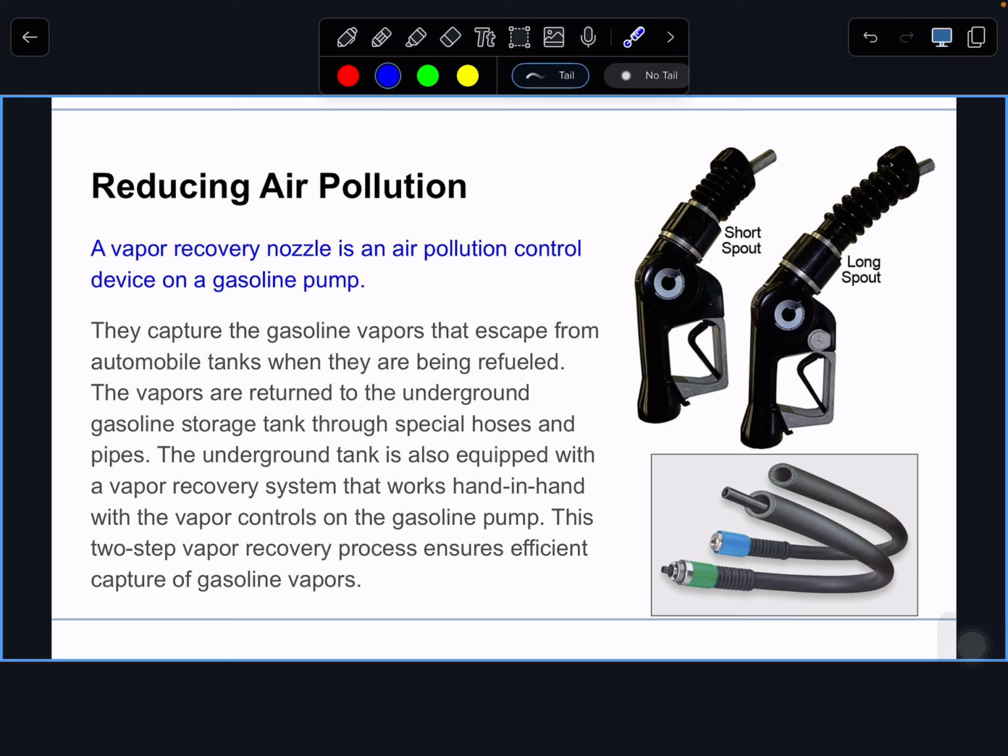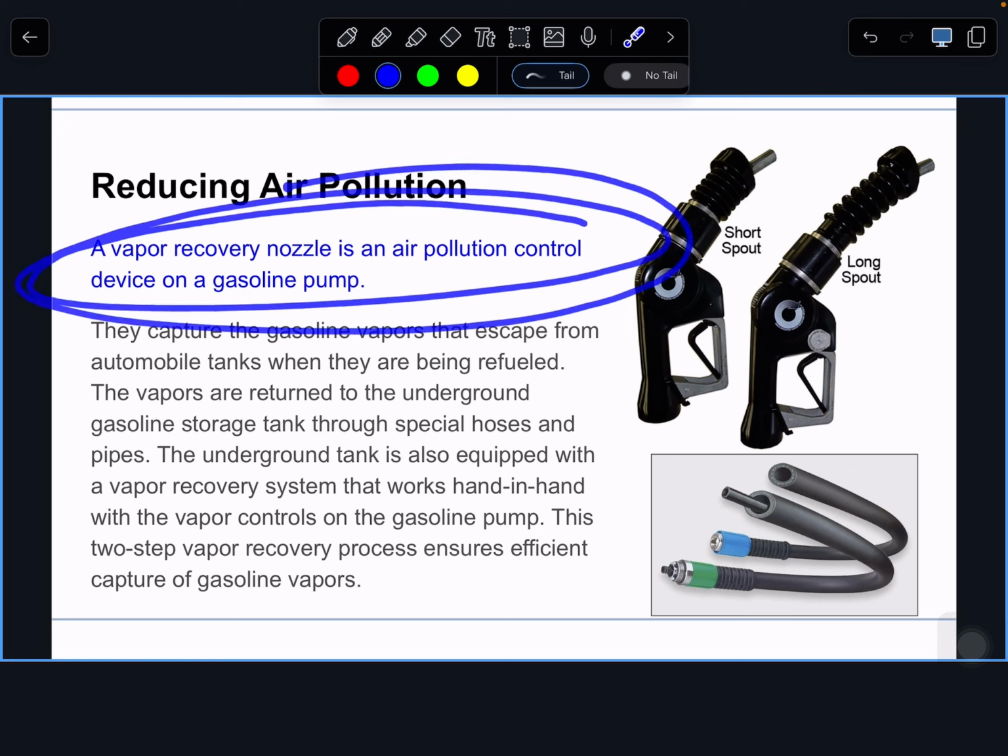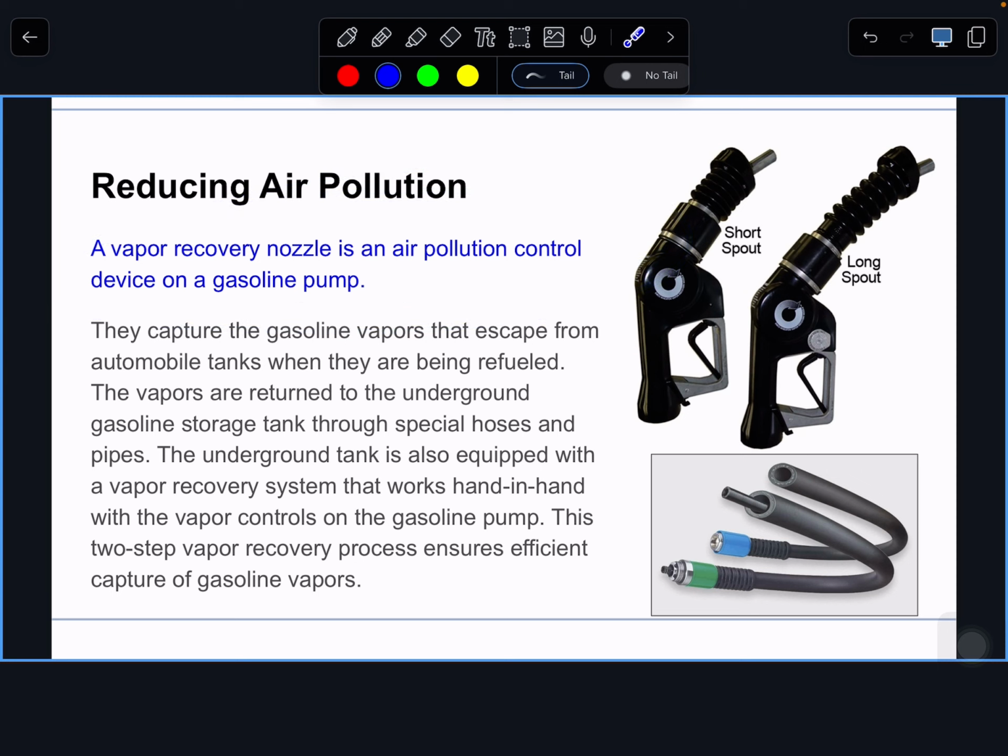So one way to mitigate air pollution is by having a vapor recovery nozzle. Like we talked about before, when you fill up your car at the gas station, the smell of gas is a VOC. And we know that VOCs go into the atmosphere and create photochemical smog. And so they have created these little vapor recovery nozzles, which help keep the VOCs and the smell from the gas from getting out to the atmosphere. And so this is one way that we can help with reducing the amount of pollutants in the atmosphere.